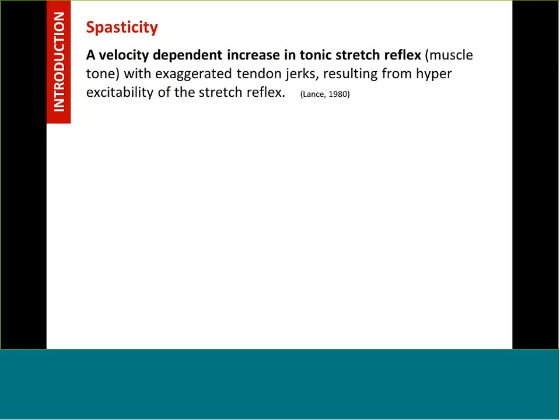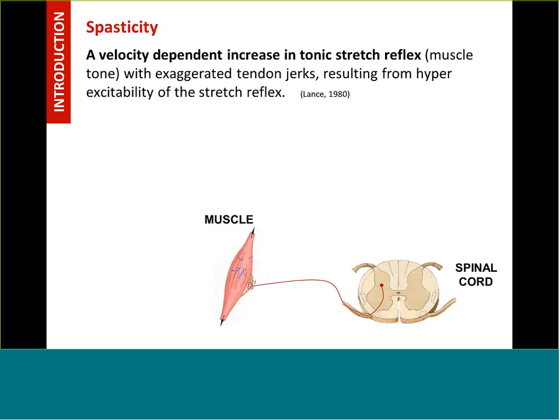What about spasticity? Well, the most common definition for spasticity is that of Lance, who described it as a velocity-dependent increase in the tonic stretch reflex with exaggerated tendon jerks resulting from hyperexcitability of the stretch reflex. Simply described, the stretch reflex is activated when a muscle is quickly stretched and distension of the muscle spindles results in impulses being sent to the spinal cord via afferent pathways. Short and long reflex loops in the spinal cord are activated, resulting in efferent impulses returning to the muscle and